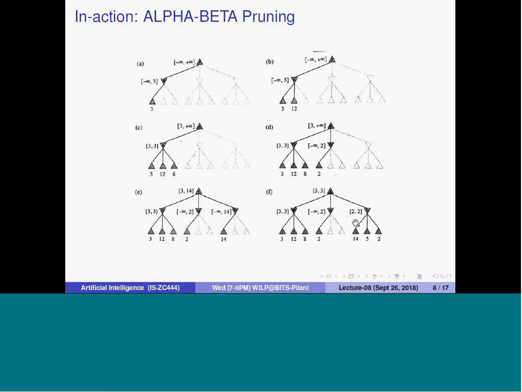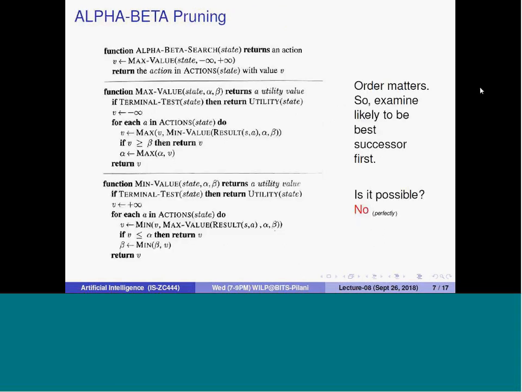So the better the pruning, the better. Therefore the question is, order matters, that is, in which order you are going to proceed. This order is not specified in this particular algorithm. This algorithm only talks about the scenarios when you can prune the rest of the trees. So somehow, if we can find out that this is likely to be the best successor, it would be a better idea to go that way.